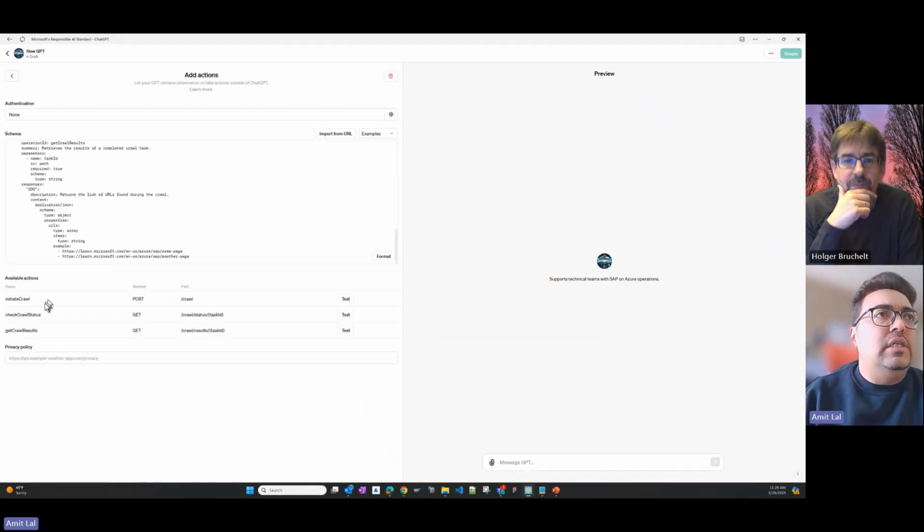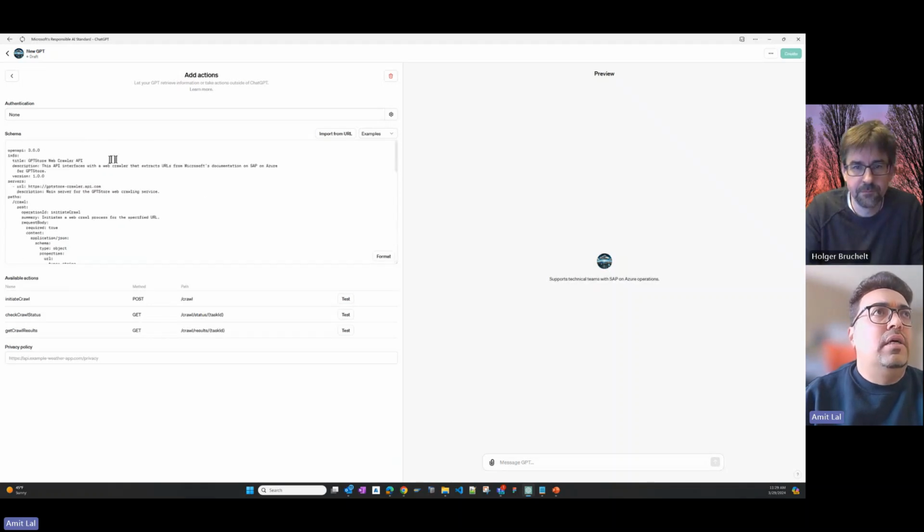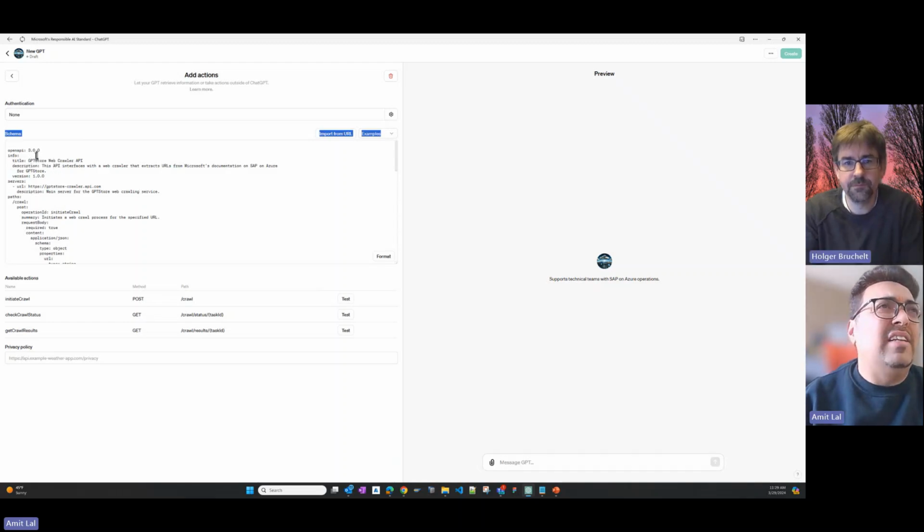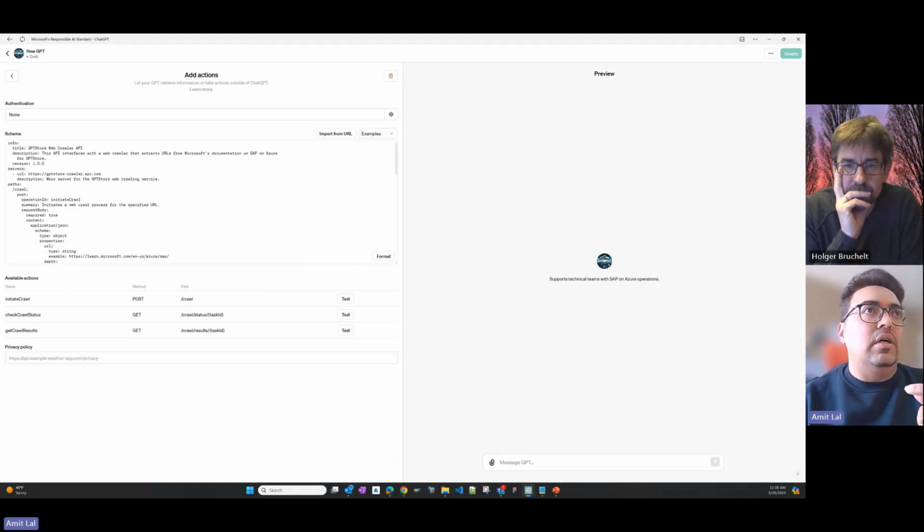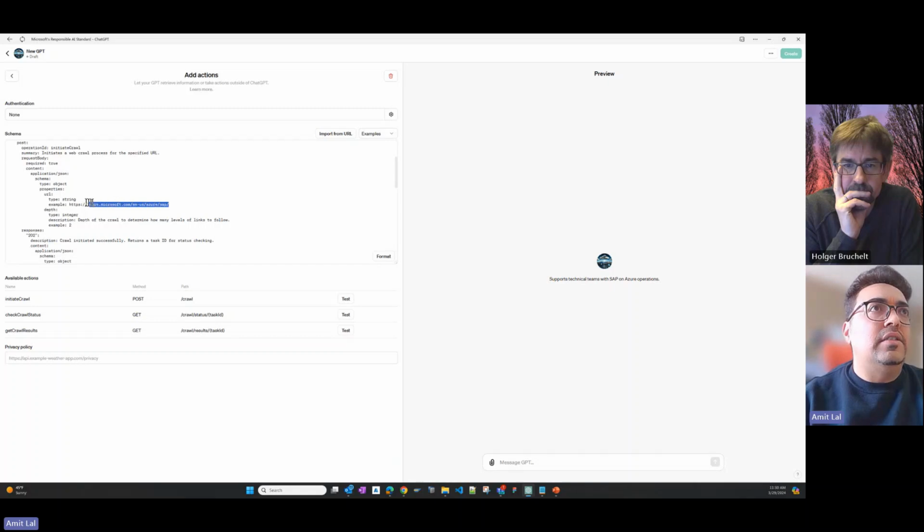So you can see initial crawl. Let me go up a bit. In this case, you can see my OpenAPI version is 3.1.0. I'm supposed to upgrade to 3.1 now. It was released a few weeks back. What it does is it's going to create an initial crawl on my HTTP learn dot Microsoft.